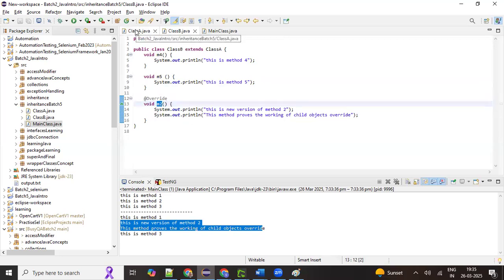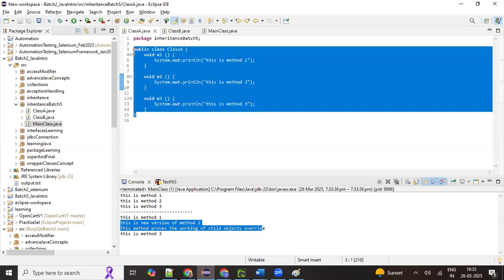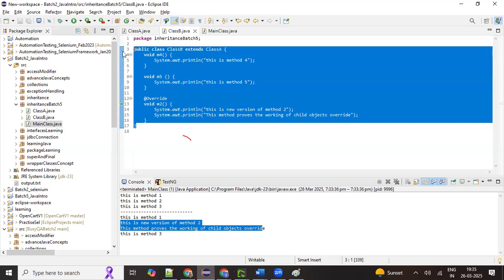I'll share this code if you want. Yeah, please. Okay. So this is class A, this is class B,